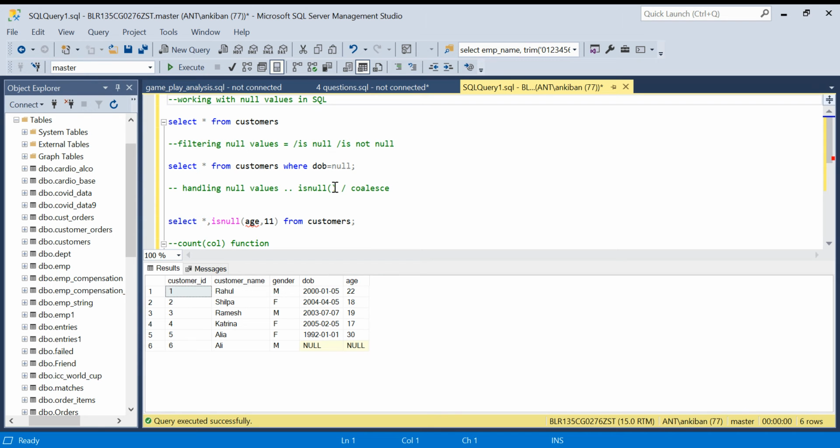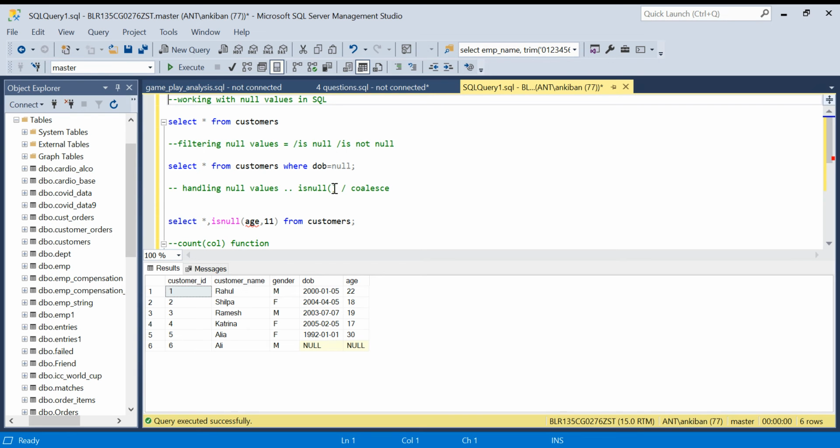So in SQL databases, null is nothing but an unknown value. It is not an empty value, nor is it a zero value. It is just an unknown value, and we can't compare it with anything else, right? So in SQL, there are different ways to filter or handle a null value. We can't just normally use the equal operator or anything, right?